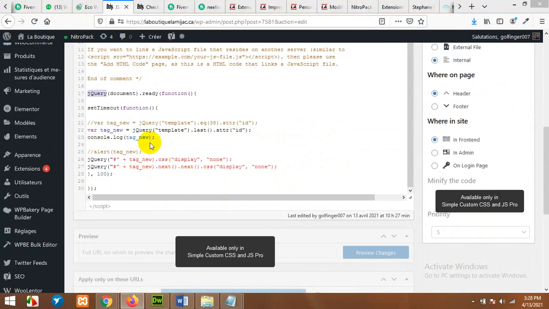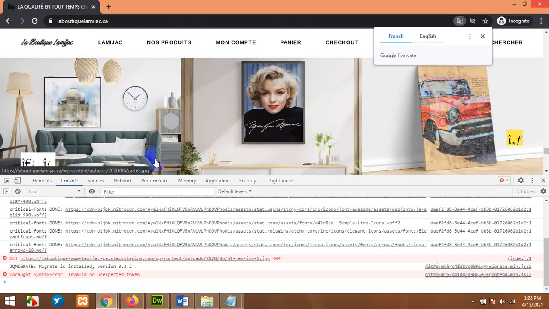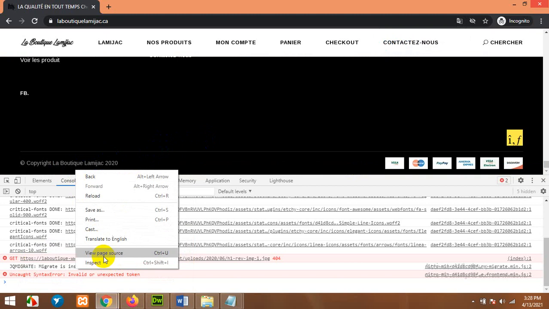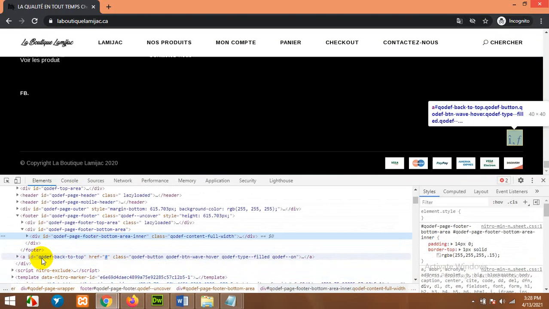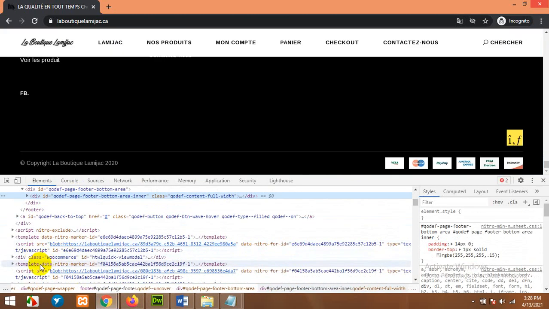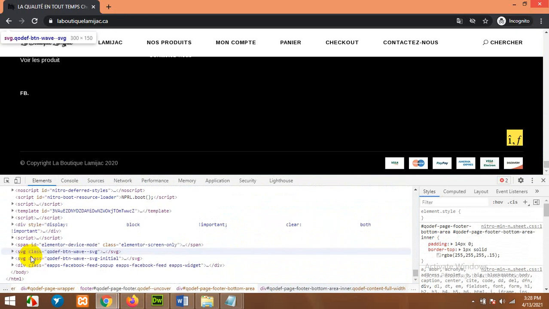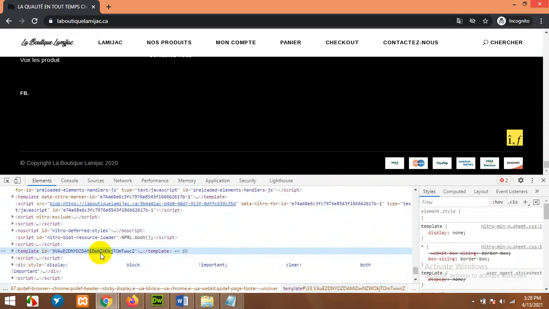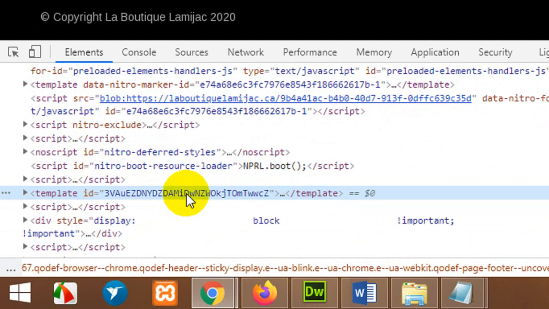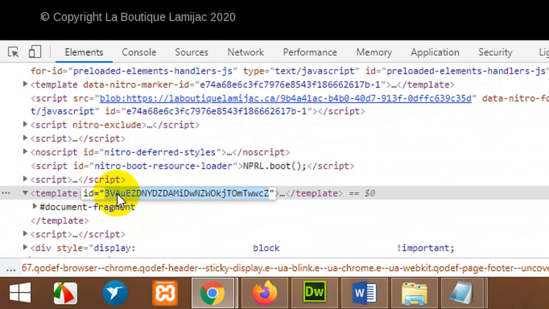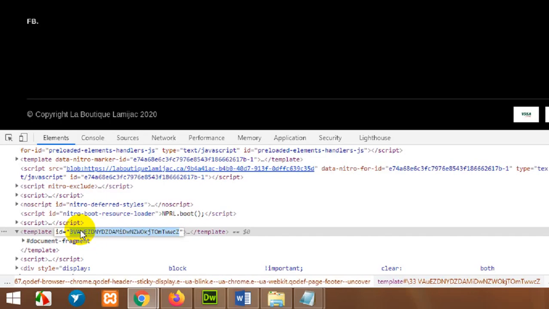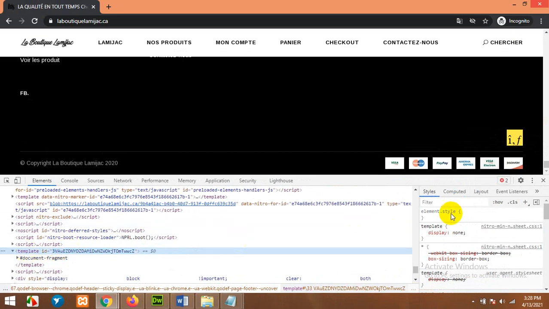Okay, now let me tell you how this snippet works. If you come to your front end and right click in this area and look for the NitroPack footer, then you will see that this is the template snippet, and the ID is this one, some random string, which means that if you use this string as ID in the CSS and use display none in the style, then this snippet will be gone.